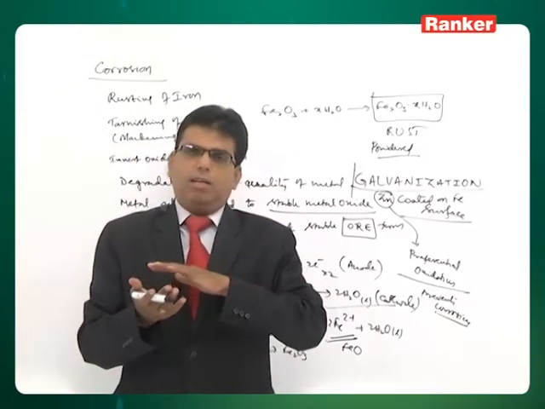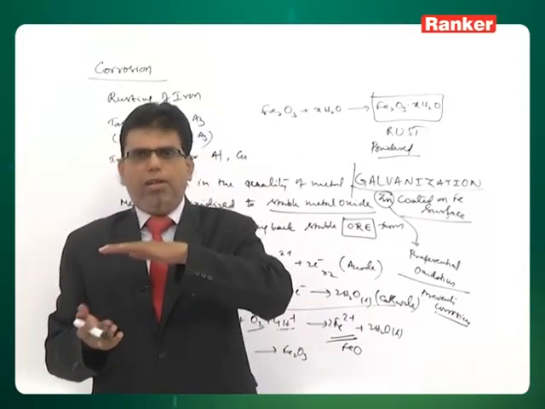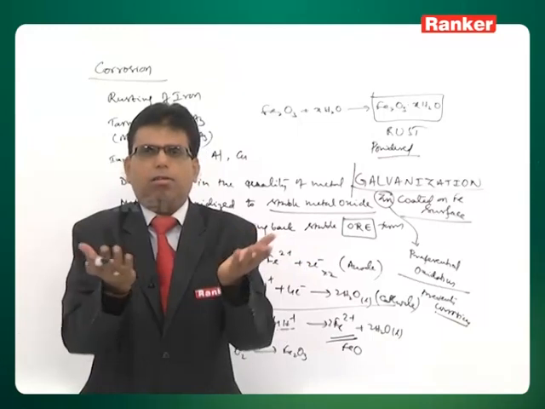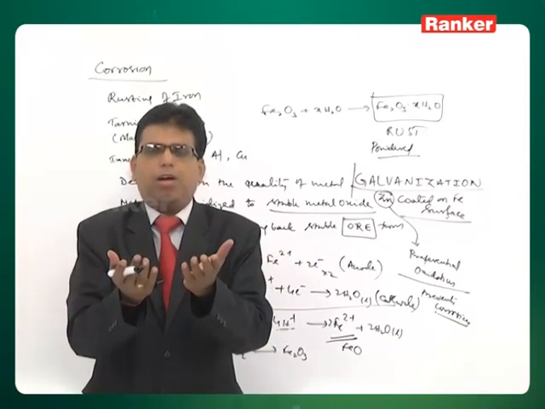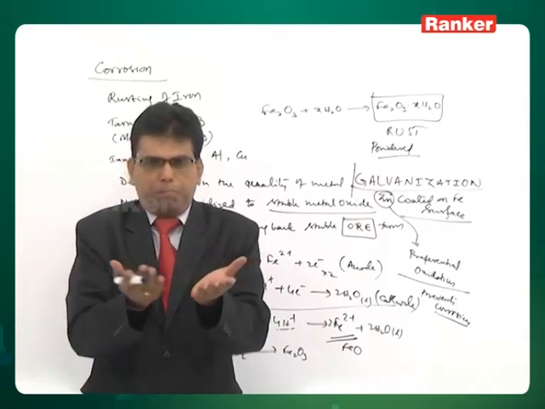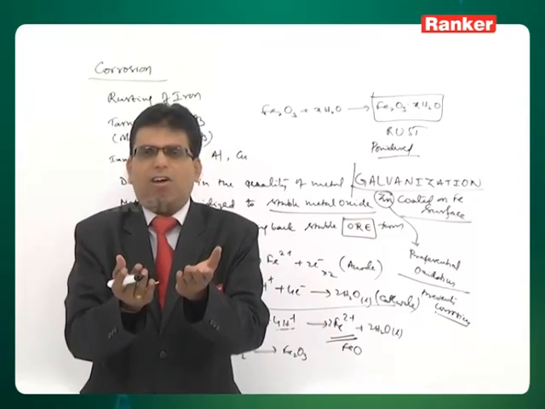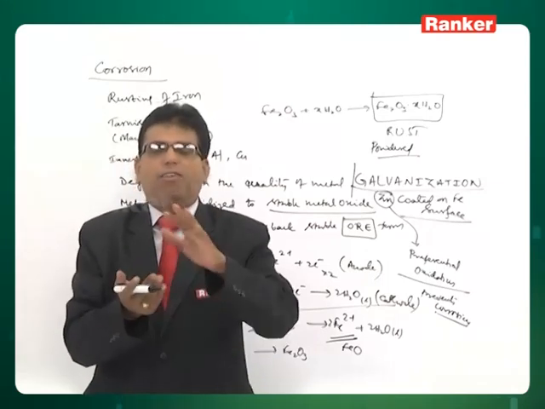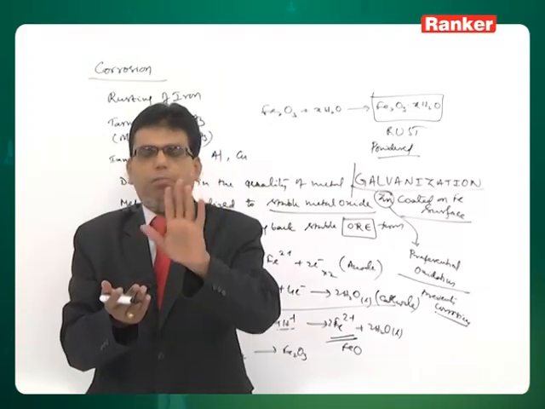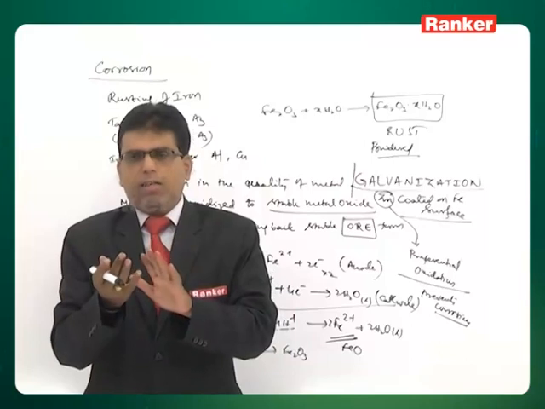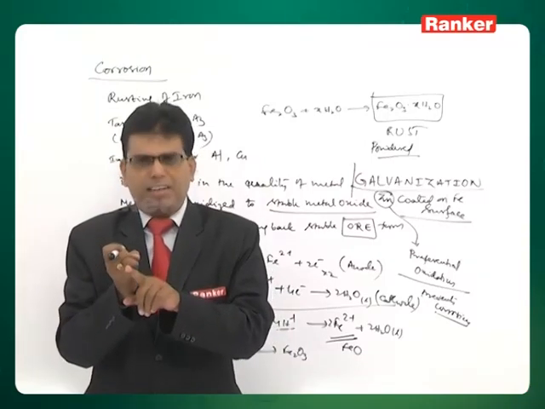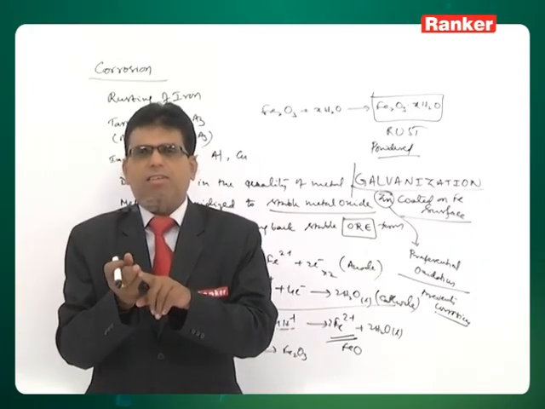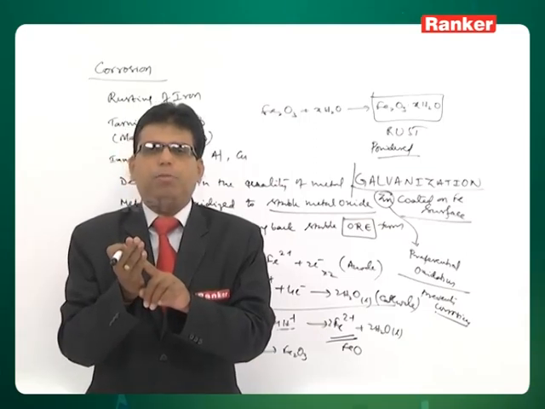And this you can even see on ships. At the bottom of the ship, magnesium bricks are placed, so that when the ship base comes in contact with the water, it is not the iron, but the magnesium, which is more reactive with oxygen, that will undergo preferential oxidation and will prevent the rusting or corrosion of iron on the ship. So, like this, first painting, taking an inert layer, galvanization, sacrificial anode, these are the various methods by which we can